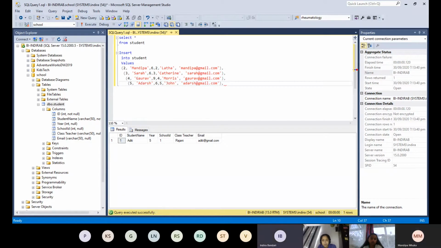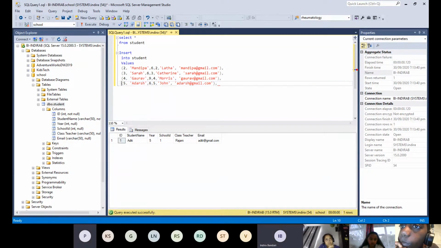Okay. So can I run this one? If I run this one, what will happen? Look carefully and tell me. It will show in the table. Will it insert or will it error? Look carefully. No. Look carefully. It would be an error because there's a comma at the end.